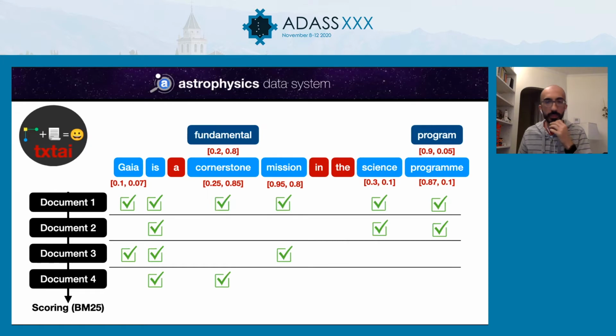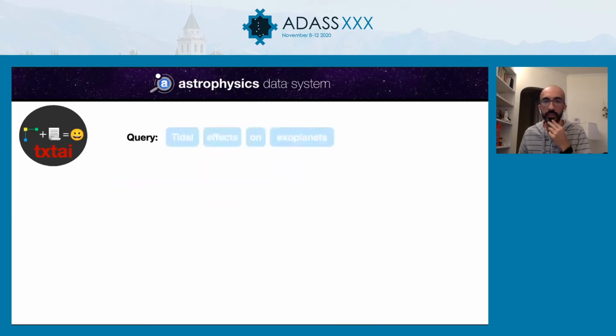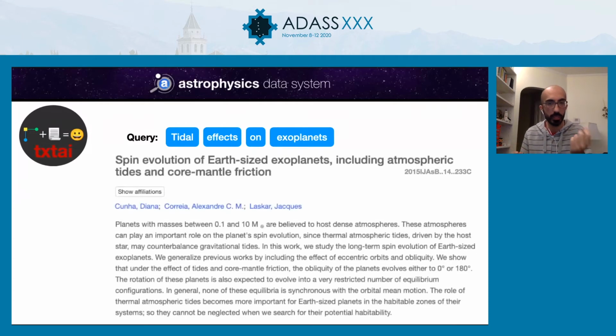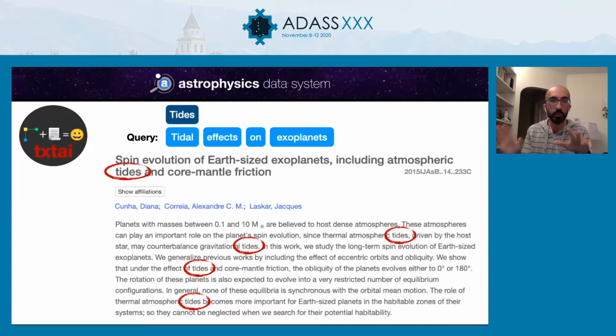Just to provide a more illustrative example, let's imagine that a user searches "tidal effects on exoplanets." When we introduce this query using this approach, one of the first articles that appears is this one. The interesting thing is that when you check the title or the abstract, only the word "tides" appears, not the word "tidal."